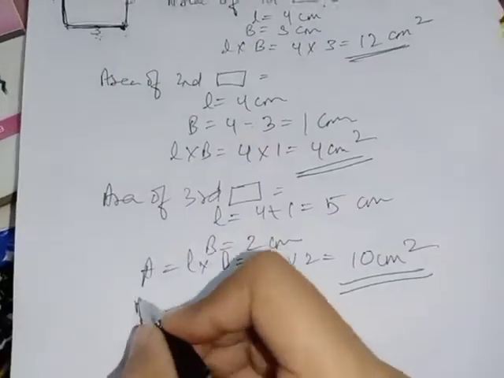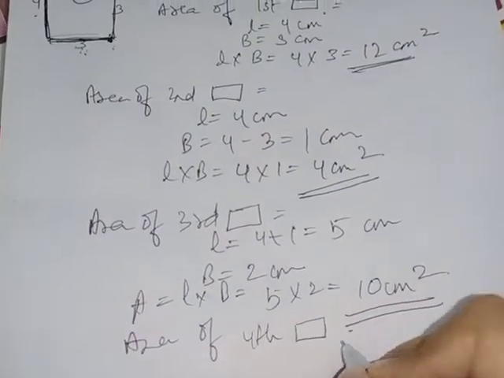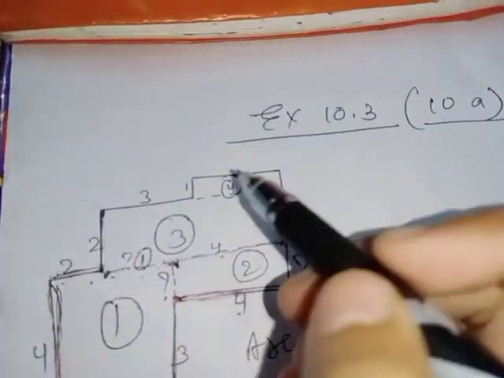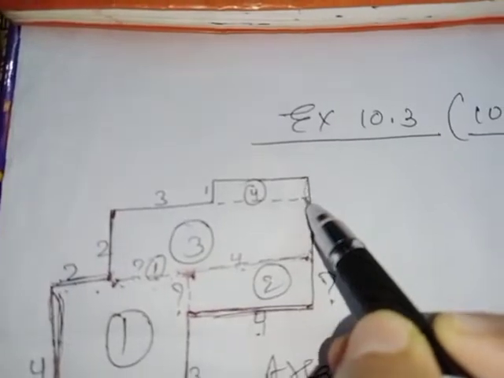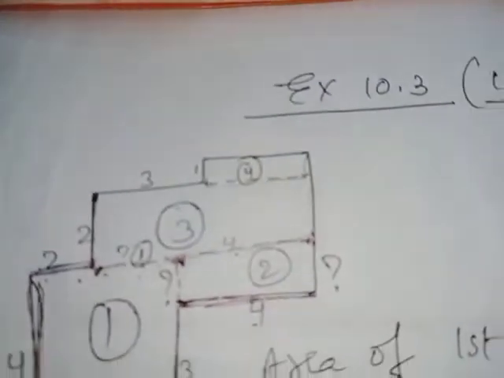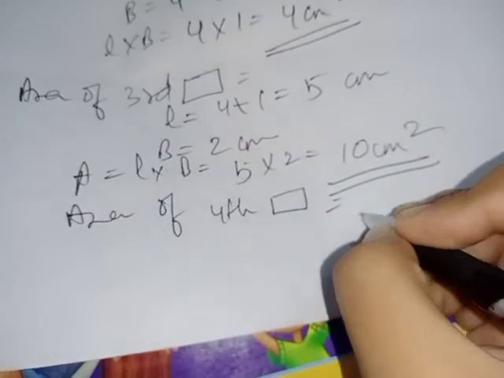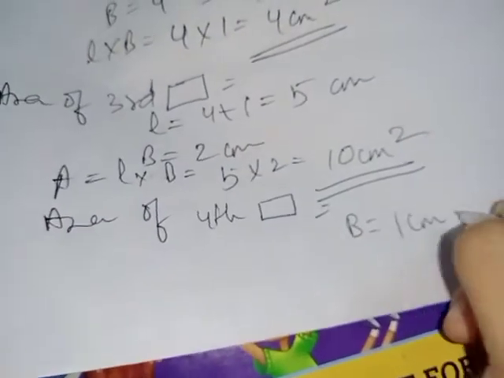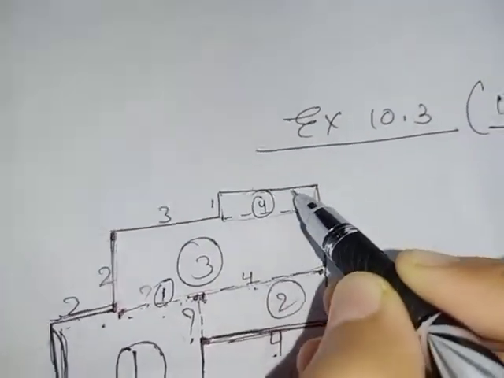Now the last one, area of fourth rectangle, the smallest one we have here. You can see right from here till here, this portion is our fourth one. So already given here 1 with the first side. So we will write here, what is that? Breadth equal to 1 centimeter. We need to know the length again. So how can we know the length here? This we want to know. Okay, this complete portion we want to know.